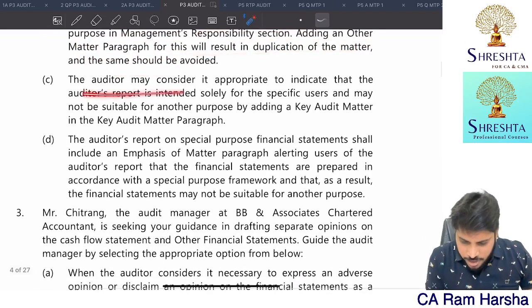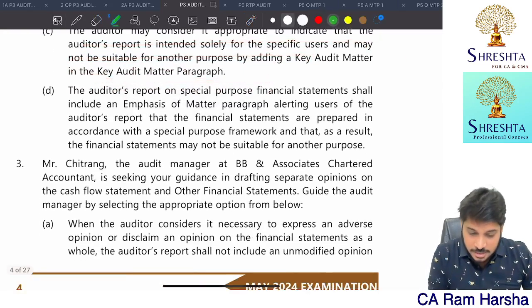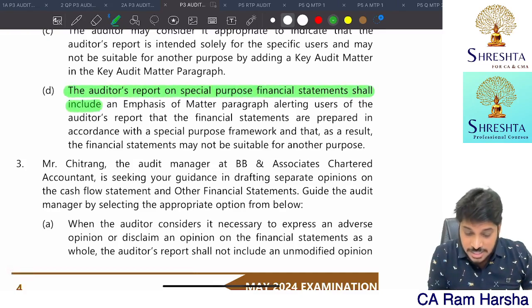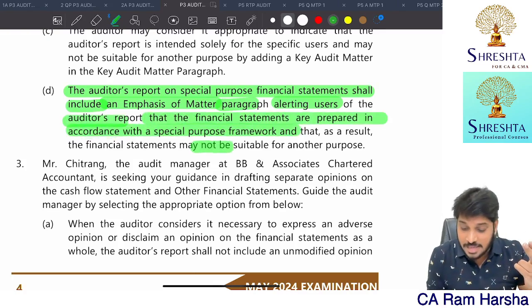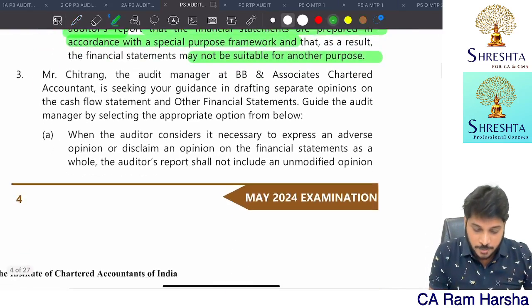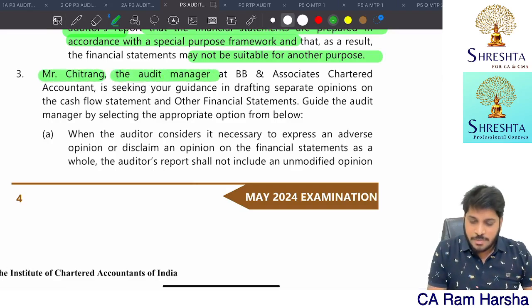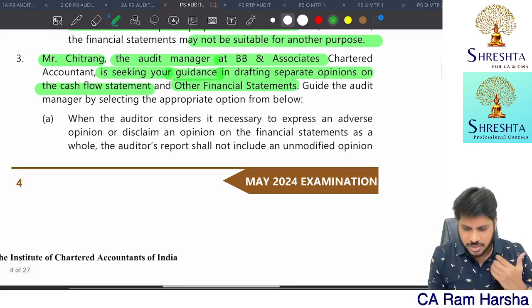No. The auditor may consider the audit matter. No. The auditor's report on special purpose financials shall include an emphasis of matter paragraph alerting the users of the audit report that the financials are prepared in accordance with a special purpose framework, and that they may not be suitable for another purpose. This is absolutely right. D. Next. Mr. Chitrang, the audit manager at BB Associates, is seeking your guidance in drafting a separate opinion on the